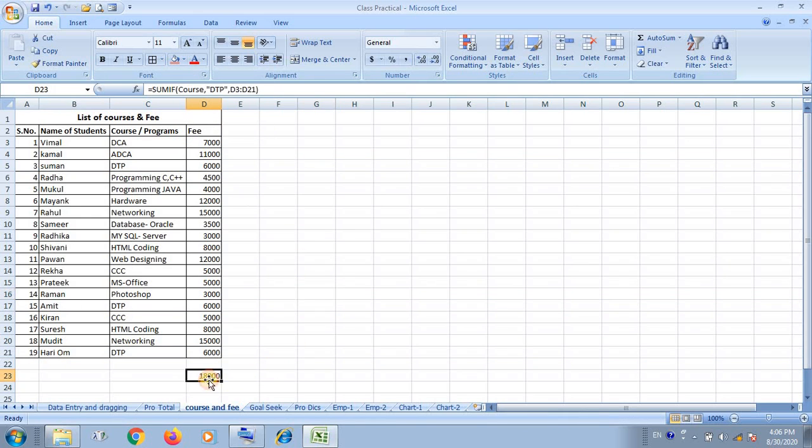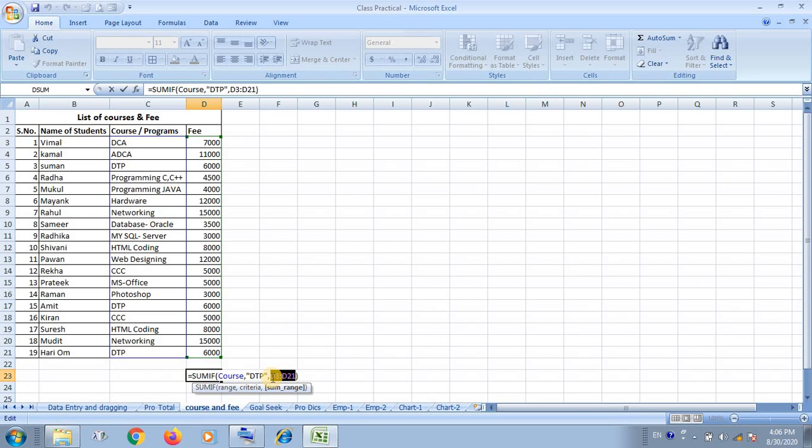Okay. After this, if I want to change one more formula, in place of this you can define here fee, and then when you click here, you will see here.